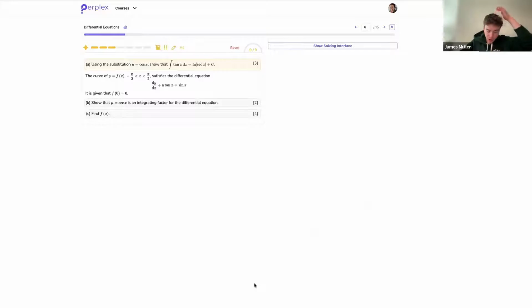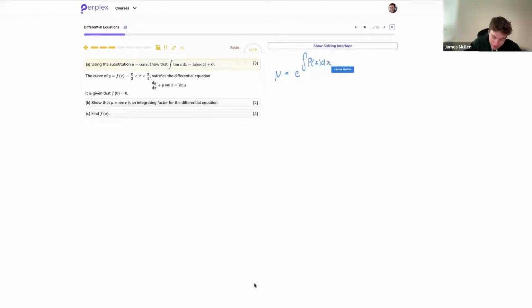Now we're given the curve y equals f of x, which satisfies the differential equation dy by dx plus y tan of x equals sin x. All right, and we're told that f of 0 equals 0. The question is asking us to show that mu equals secant of x is an integrating factor for the differential equation. Well, remember that the integrating factor is going to be e to the power of the integral of p of x dx,